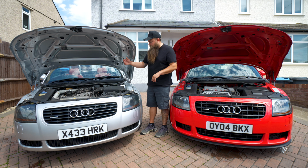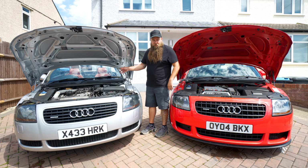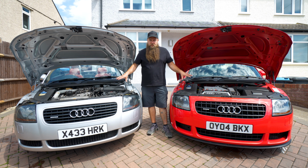You can buy things like a larger turbo intake pipe and an air filter. You can put an intercooler on. You can upgrade the fuel pump. There's loads of things you can do which will help you gain more horsepower. So coming to the next stage, say you've done your stage 1 map and you wanted a little bit more,